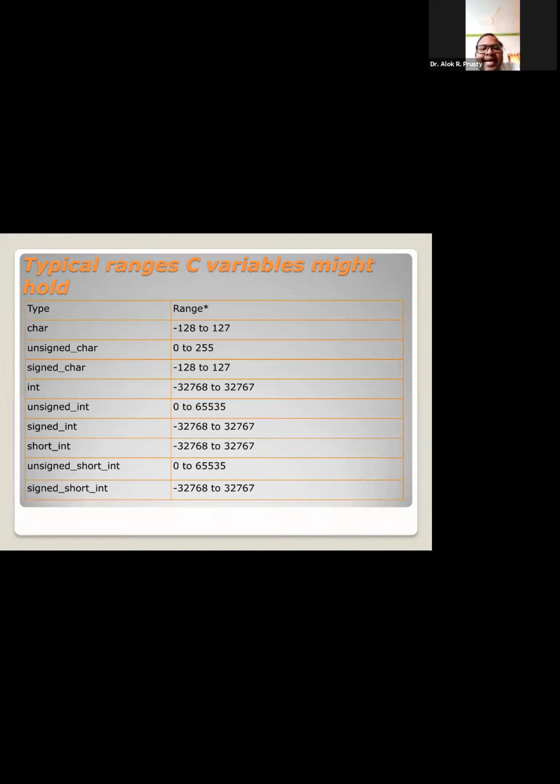And this unsigned integer you can get by putting 2 to the power 16. Now 2 to the power 16 means you have a total of 65,536 numbers, which vary from 0 to 65,535. Total 65,536 numbers you have. So this is all about the range of the variable or the range of the data type.